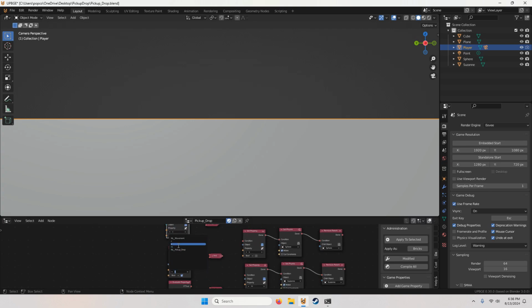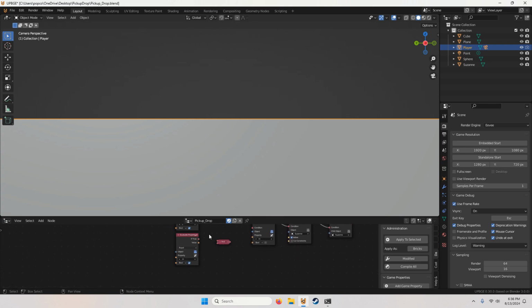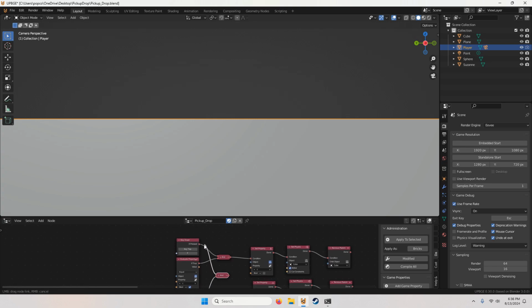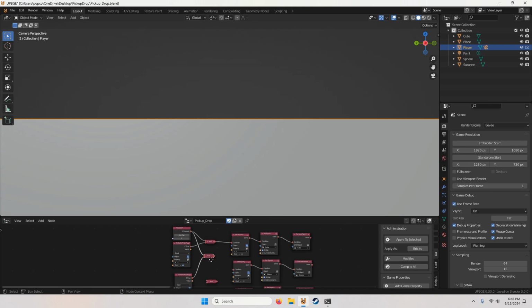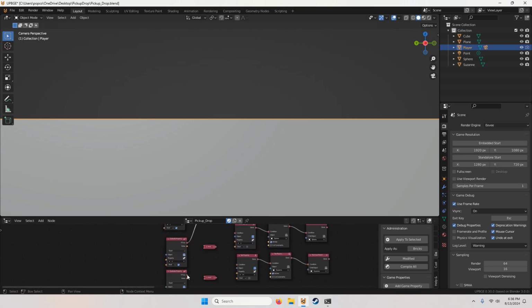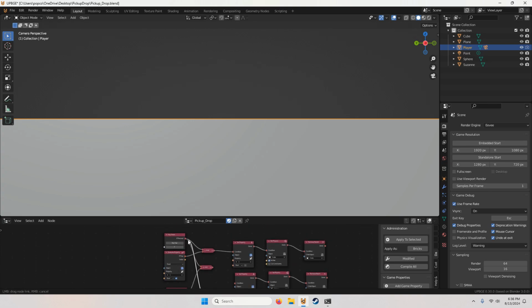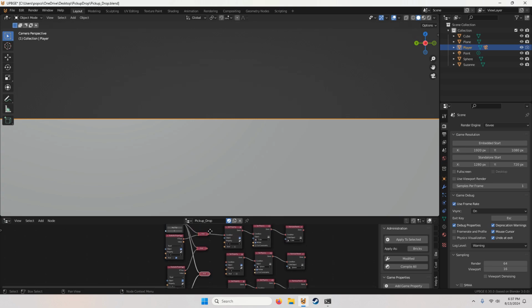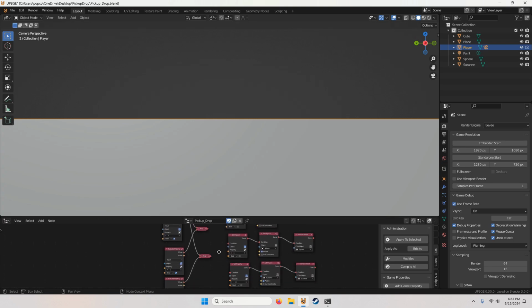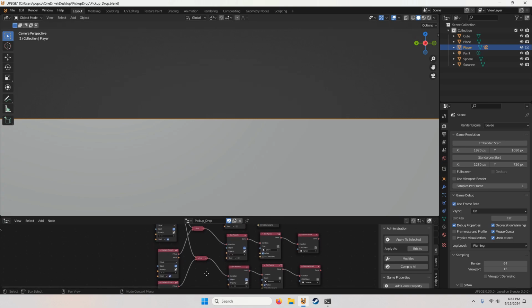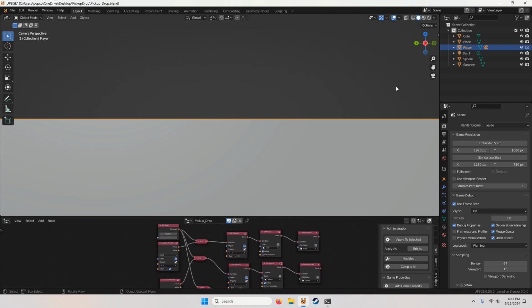And this one will be S, and the last one will be M. And just connect it, and we're going to share this key down input with the rest of these evaluate properties. And that should be it. Let's test it.